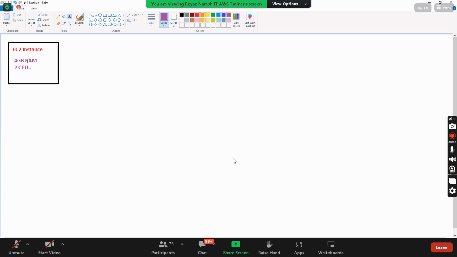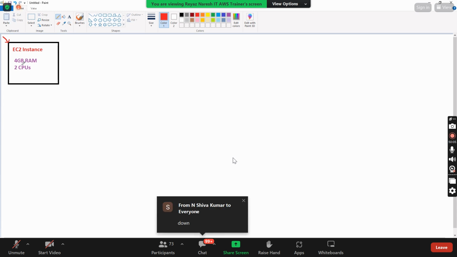And all of a sudden at night, when you are not there, you got huge traffic on the EC2 instance. What will happen if you get huge traffic on the EC2 instance? What will happen to the EC2 instance? Crash. Okay. So definitely the EC2 instance will go down. And when it is going down,